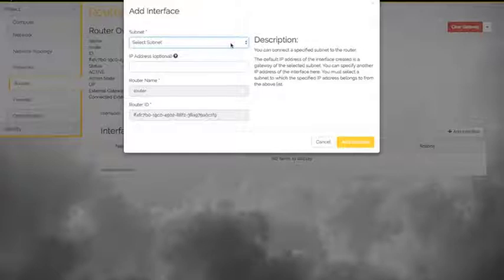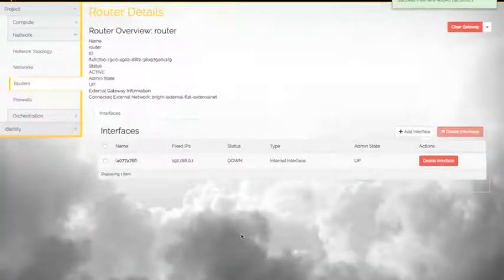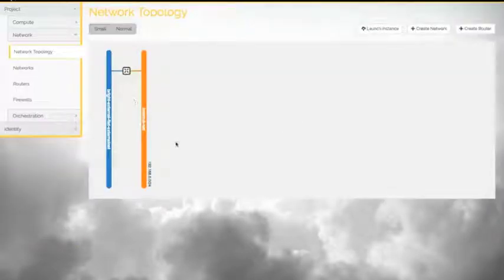So it'll ask you to select the subnet. This is the one we've just defined, so internal net. IP address, because we've got DHCP and everything else, it'll just automatically allocate it, so you can leave that blank. So let's add our interface. Excellent. Okay, so with that created, we can go back to our network topology, and what you should end up with is something that appears like a goalpost in rugby or something. Once you see something like this, you know that your network is created correctly and you're ready now to set up some of the other